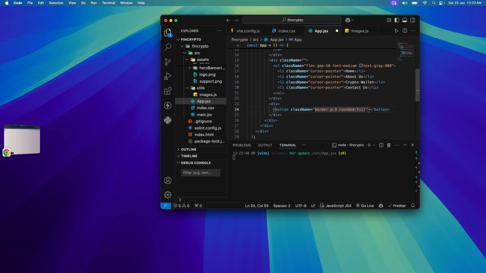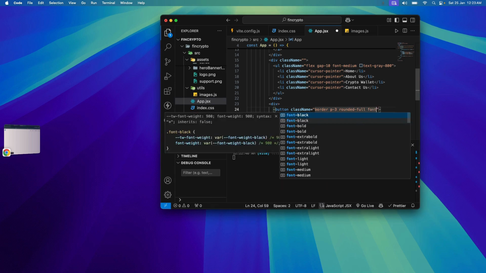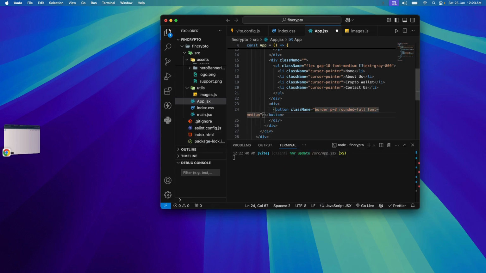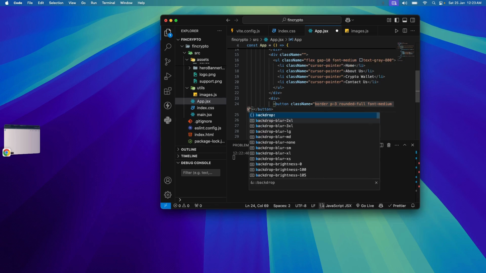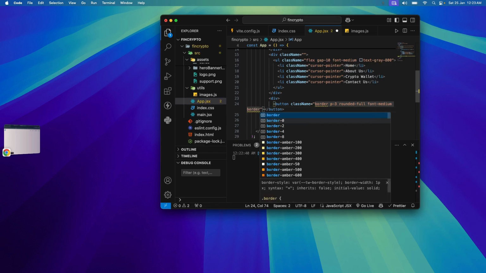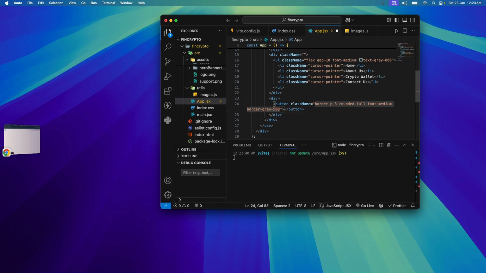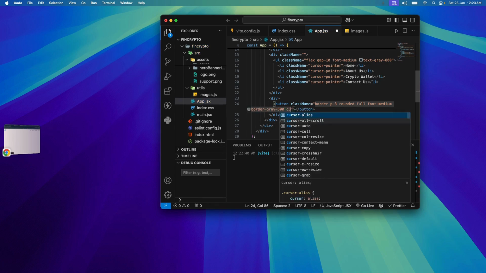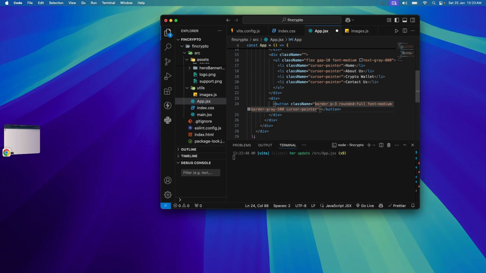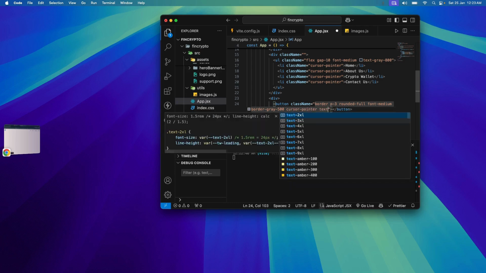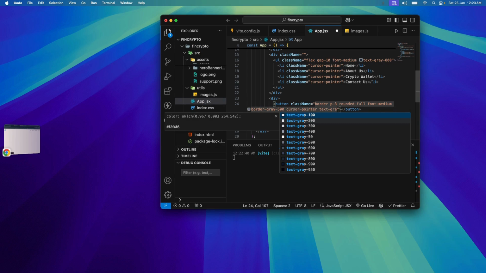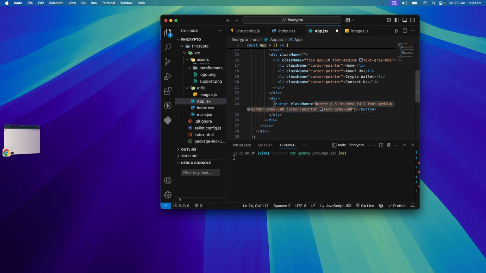padding will be 3, rounded full, font will be medium, border color will be gray 500, cursor pointer, text color will be gray 800,